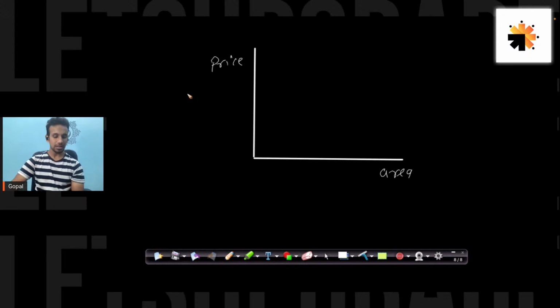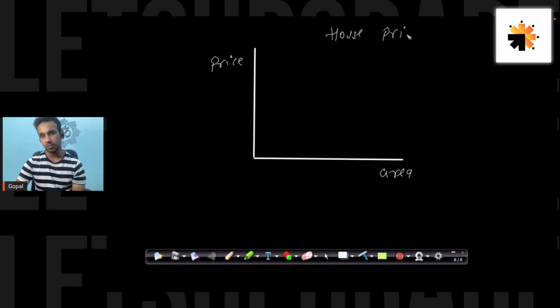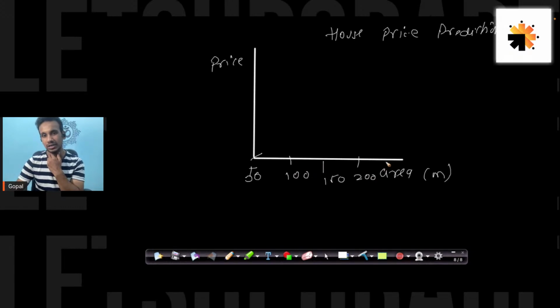This is your house price prediction problem, which we are going to see. Let's start with 50 square meters, let's call the unit m squared. It is 100, it is 150, it is 200, it could be 250.